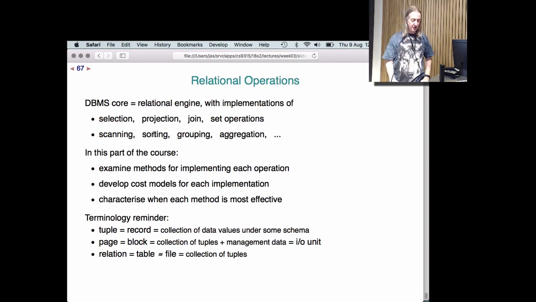Sorting, which is different to any of these. Grouping operation, aggregation operators, and so on. So all of these kind of relational algebra operations need to be implemented. Given a database, you're not going to have just one way of implementing selection. There may be multiple different approaches to doing selection, and you may decide,